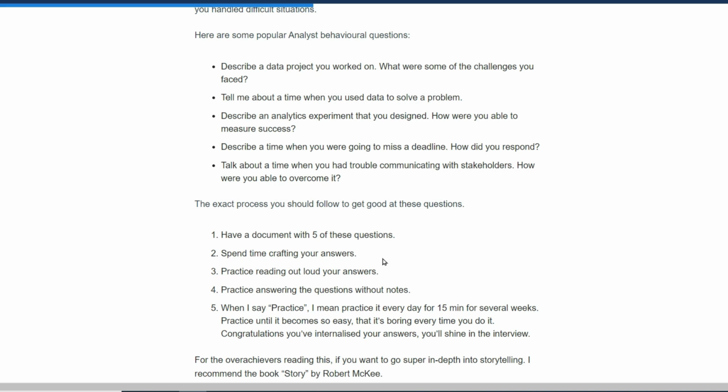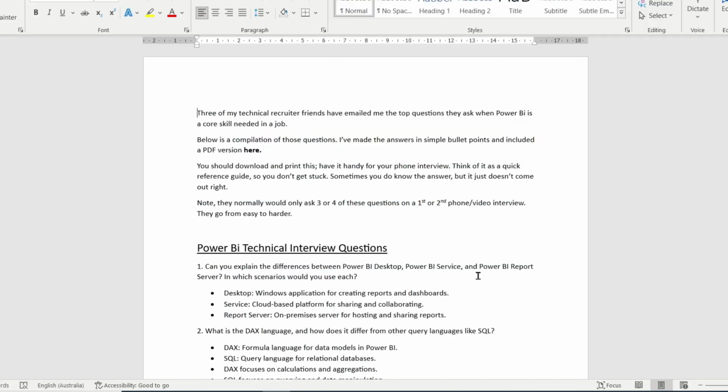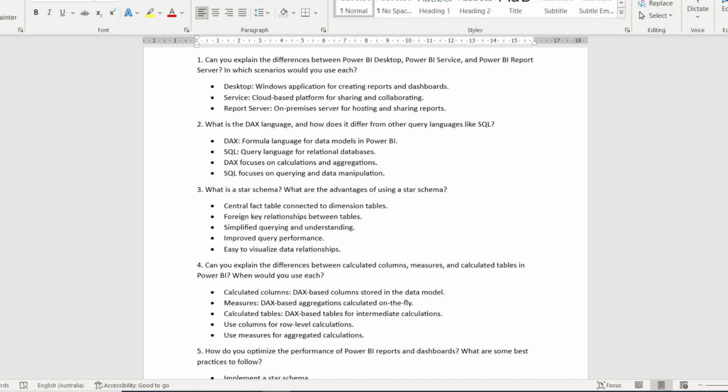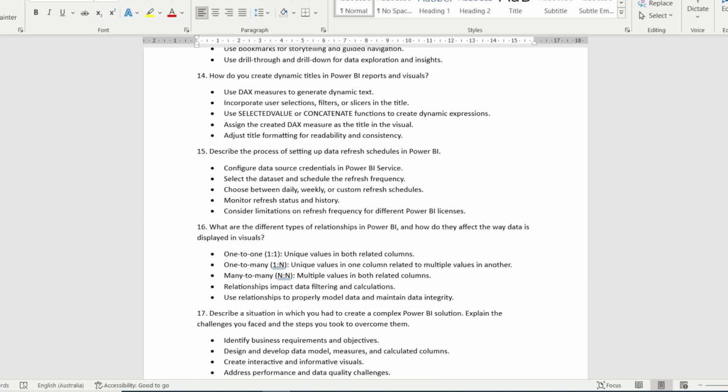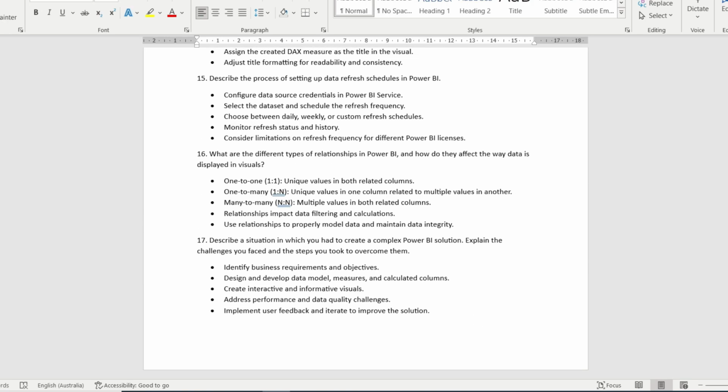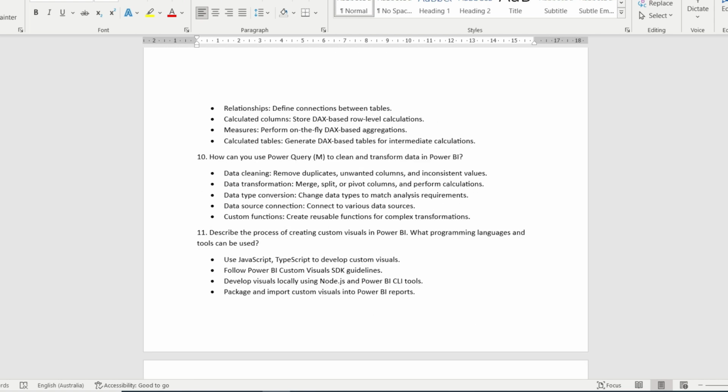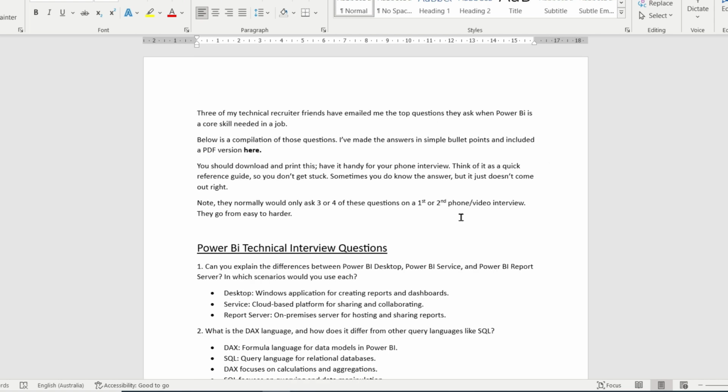You'll also have a technical part of the interview. I'm working on technical questions. I'm about to publish this on my site, but here's the Word document of it here. Whatever the main technologies they're asking for, they will ask you questions about it. So if you're going for a job and Power BI is there, here is a document with the top Power BI questions that generally get asked. I know these get asked because I'm friends with several recruiters and they tell me they ask these questions. This document is about to be published on my site in a couple of days, so by the time you see this, you can just go there and read them.